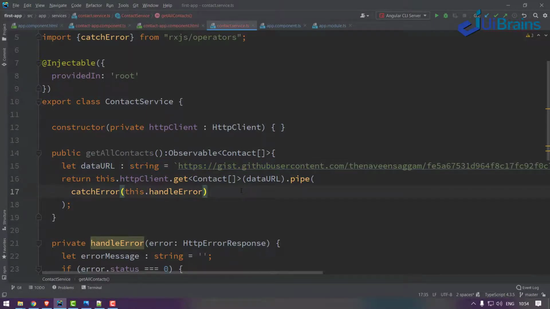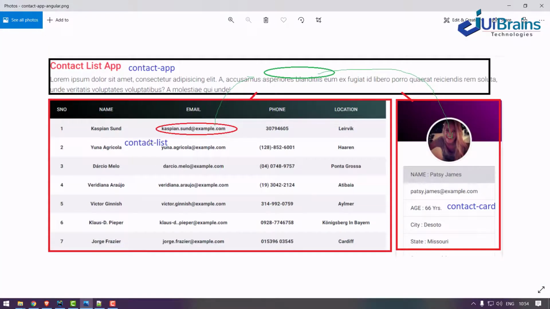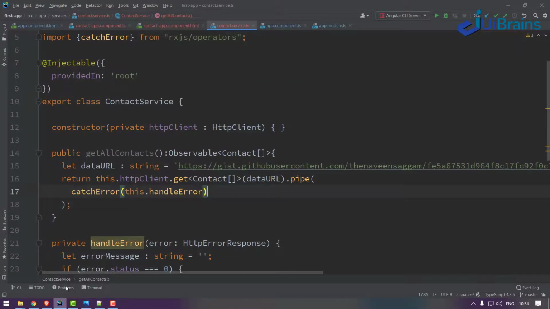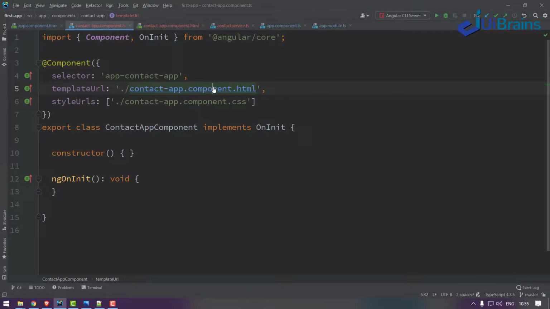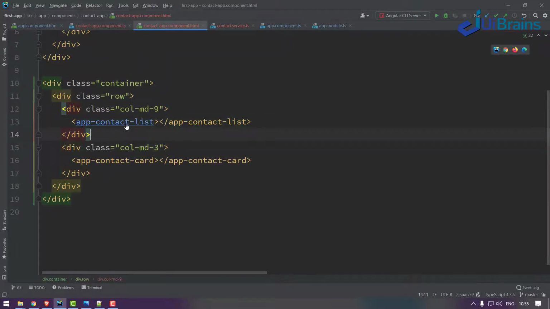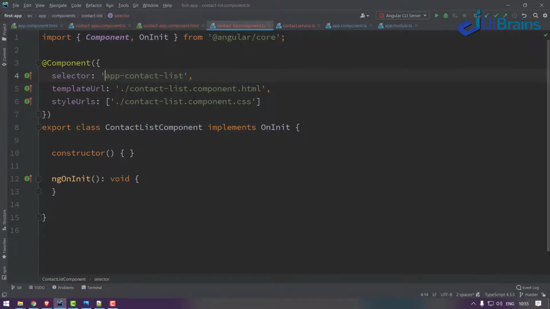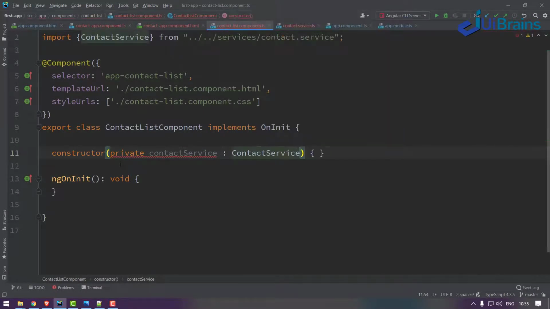Now what I have to do is, from my contact list component, call the service and get the data and display it here. So go to contact list. In the contact list, I'll inject private contactService of type ContactService.